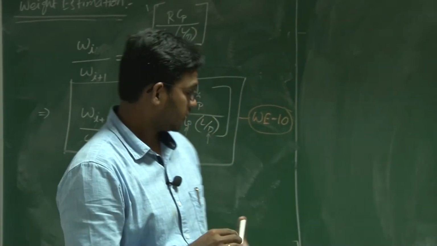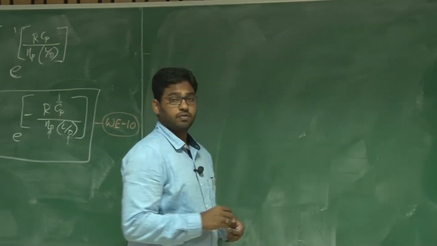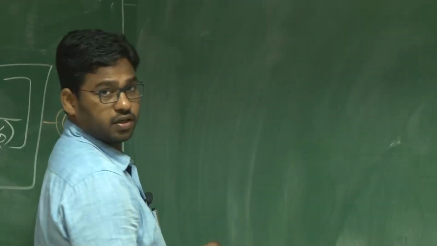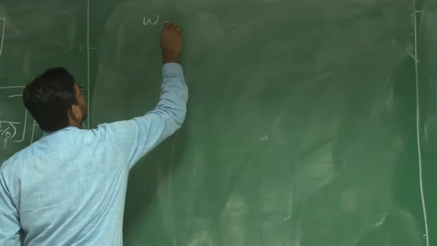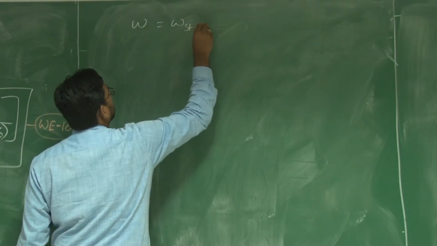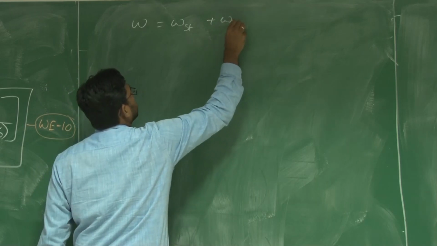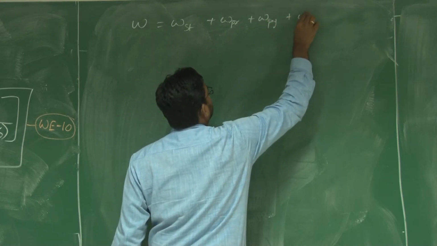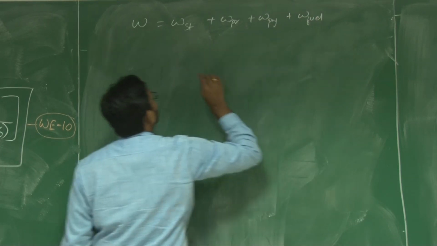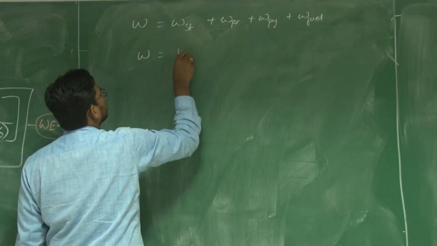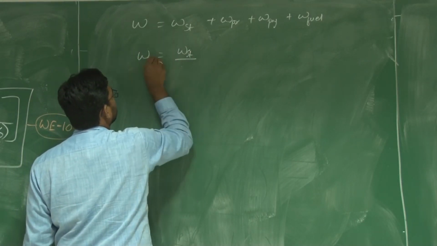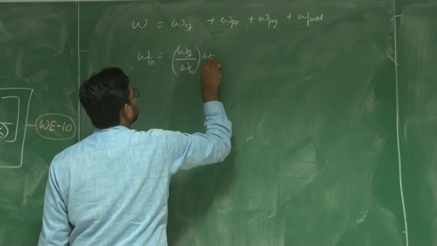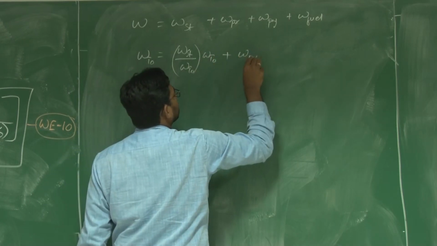Friends, welcome back. So in our previous lecture we discussed weight estimation, where the total weight of this aircraft is summed up as the structural weight, the propulsion weight, payload, as well as the weight due to fuel. So we express this total weight or takeoff weight as weight fractions: structural weight fraction plus propulsion weight fraction